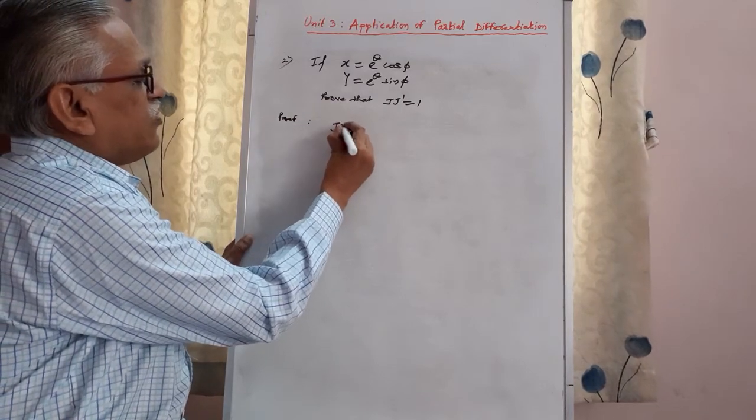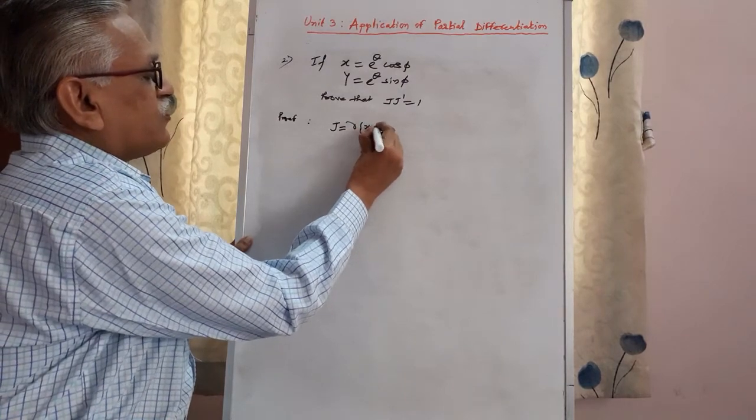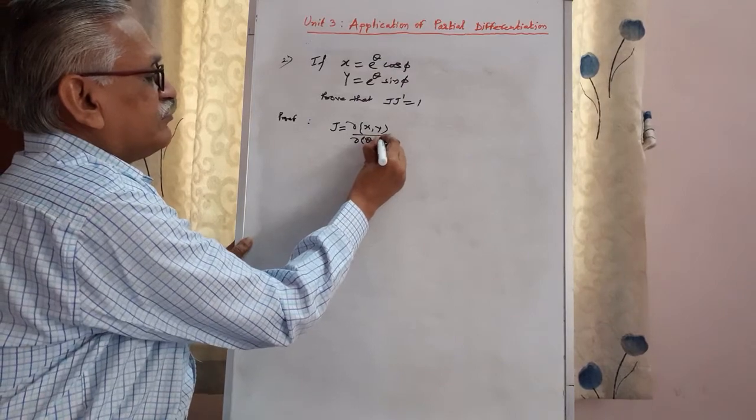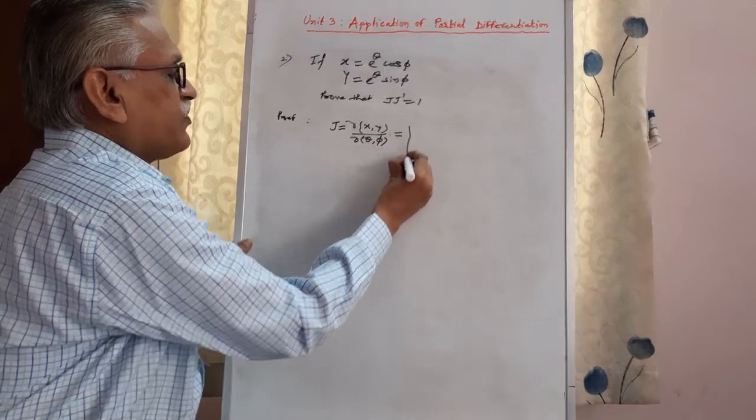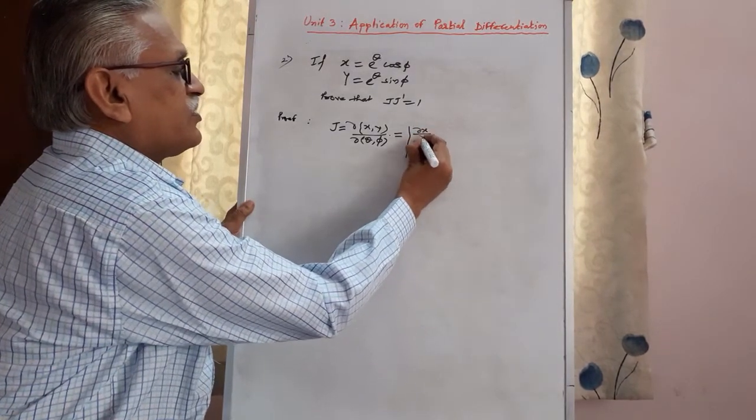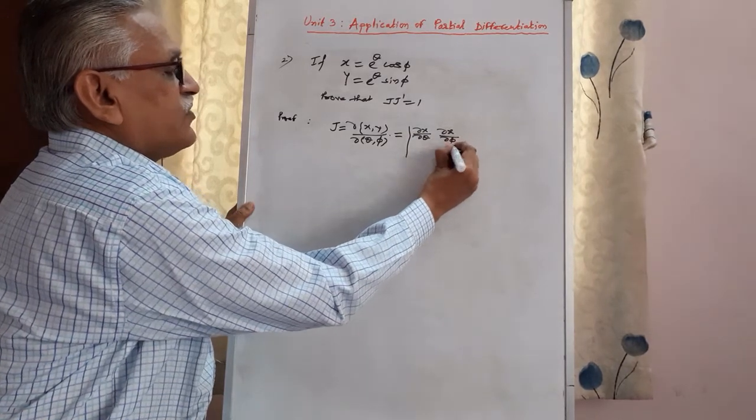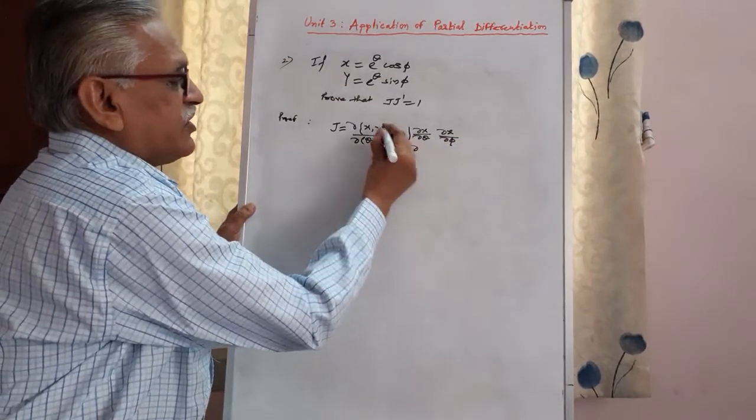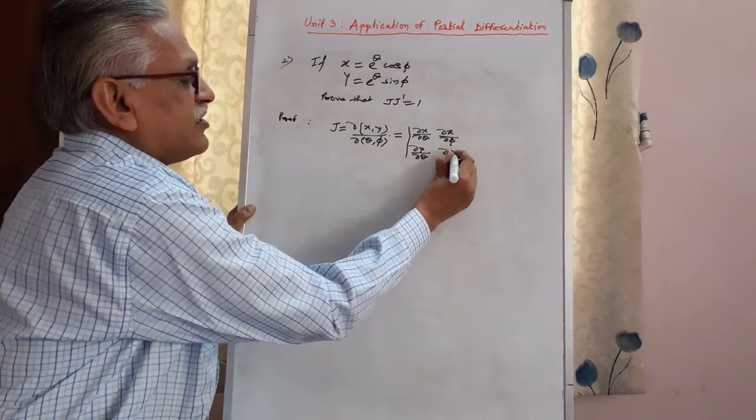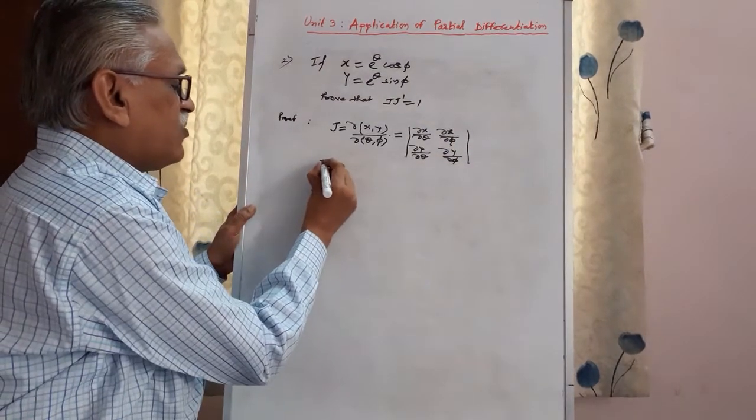Therefore, J we can obtain as Jacobian for the given transformation as ∂(x,y) divided by ∂(theta, phi). And applying the definition, it is nothing but the determinant of ∂x by ∂theta, ∂x by ∂phi in the first row. Second row, derivative of y with respect to theta and derivative of y with respect to phi. And then finding all these 4 derivatives,